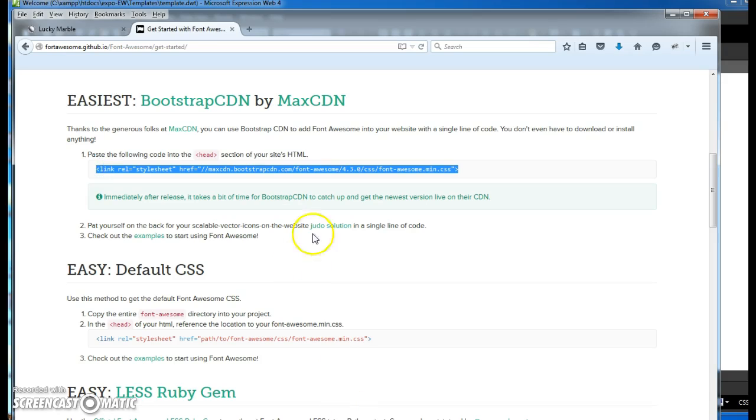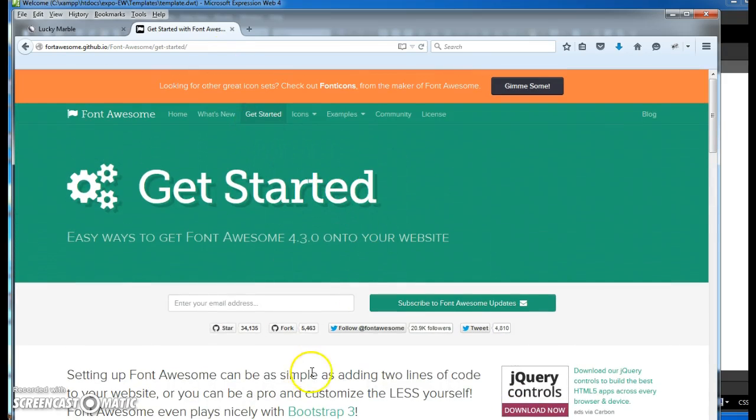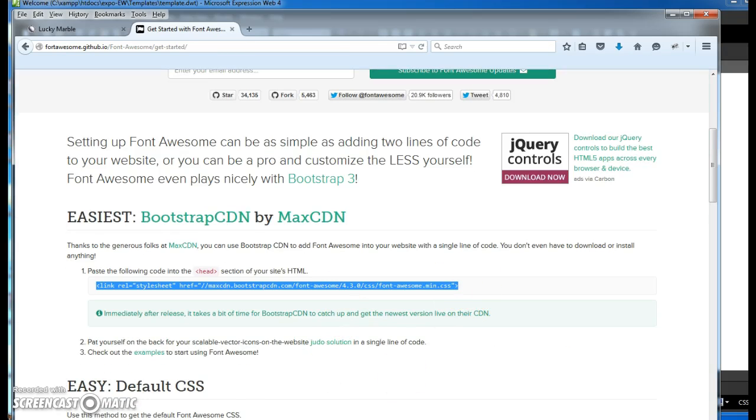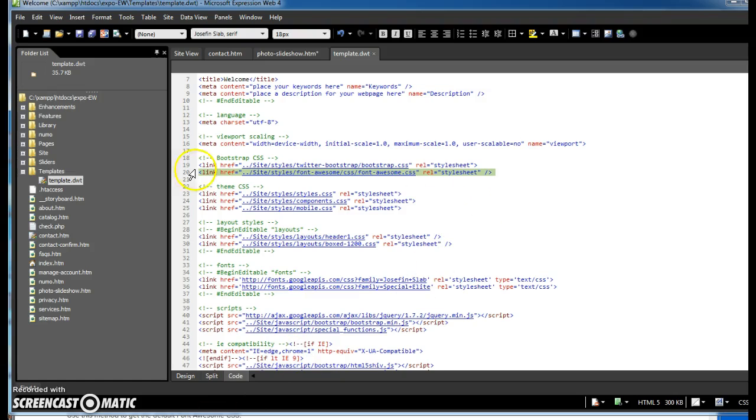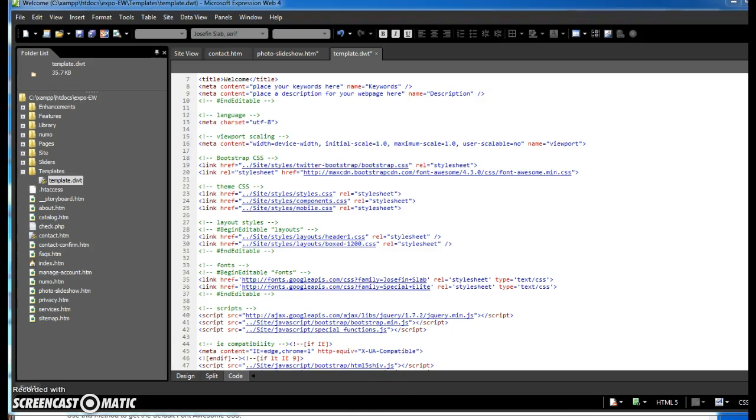Okay, so just copy this link right here from the Get Started on the Font Awesome website, and just paste it right in place of this one here in your template DWT. And then right here where it says, see the 2 slashes, then the match CDN, right in front of the slashes, type in HTTP and then a semicolon. You have to do that manually. Okay. Save the page, and then when you go back to Font Awesome,